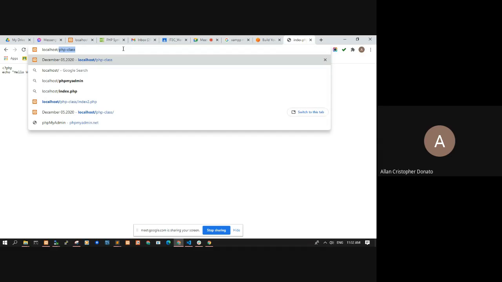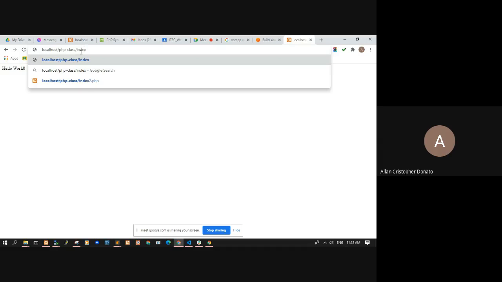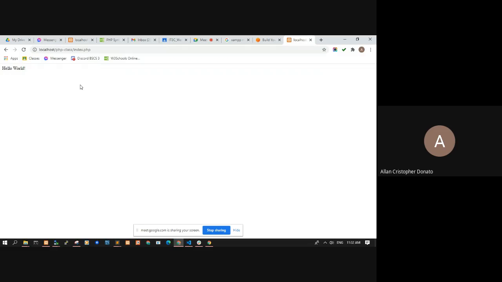So ang pangalan ng folder na ginawa ko is PHP class. So ma-access ko ngayon yung file na yun using PHP class and then the file name. Okay?